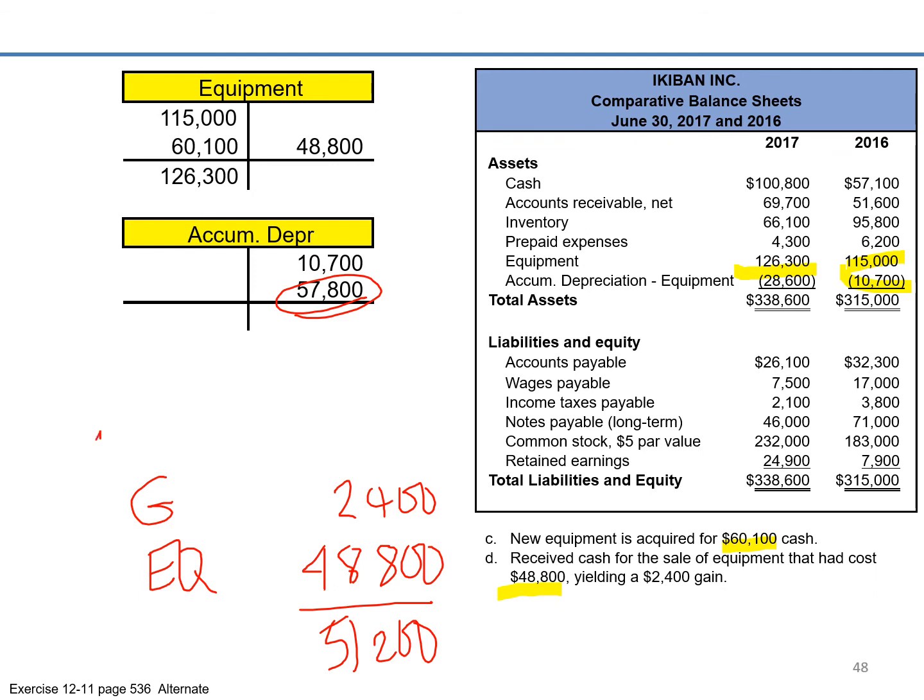Okay, so accumulated depreciation, and cash. Those are our pieces. So they tell us what the cost was of 48.8. They tell us what the gain was of 2,400. So we know that our credits are equal to 51,200, which means our debits also have to be equal to 51,200. And they tell us that our